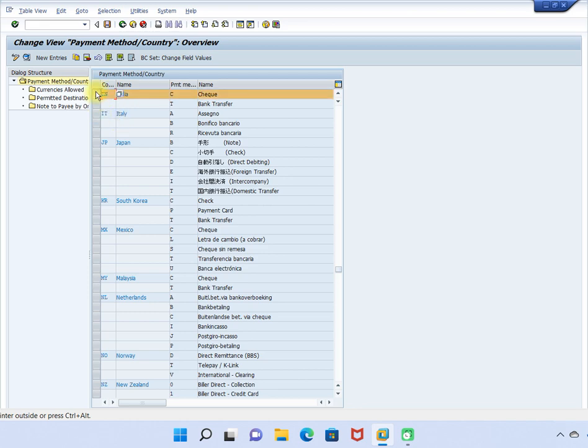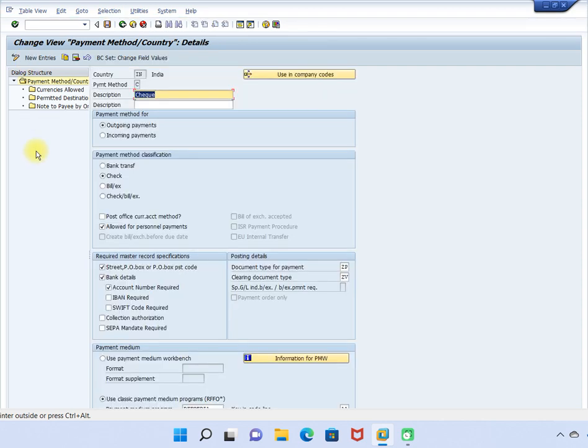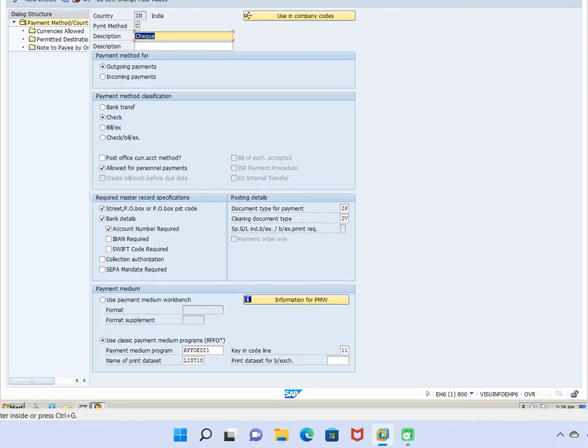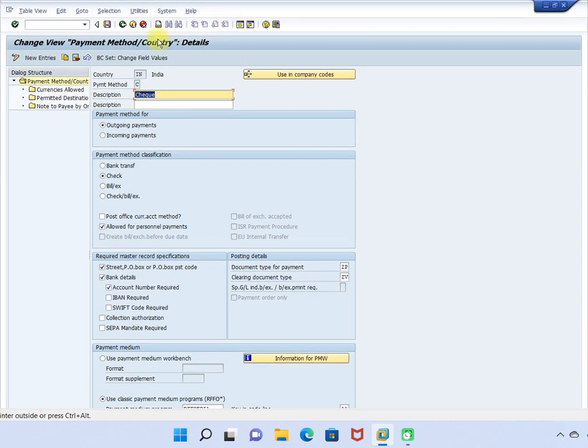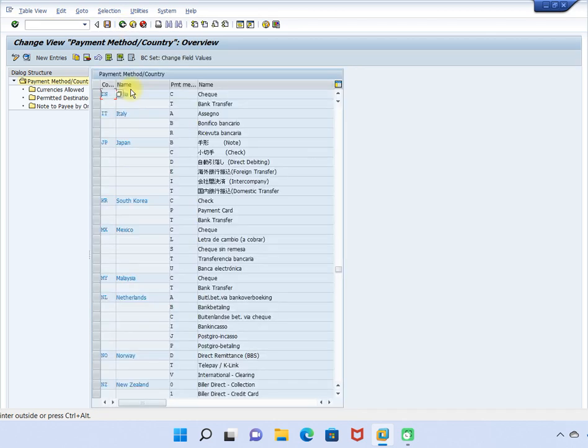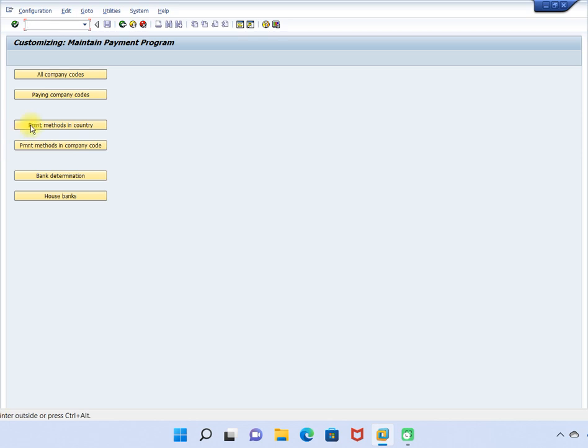So select country IN, then click on details. Scroll down a little. This is very important. Payment media program is very important. This program you have to embed in your payment method. This is the first configuration you have to do. The next is, go back, then